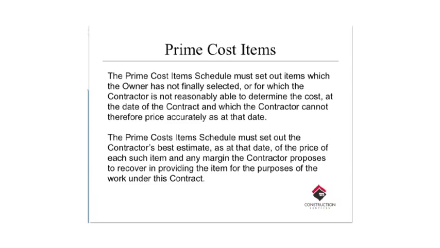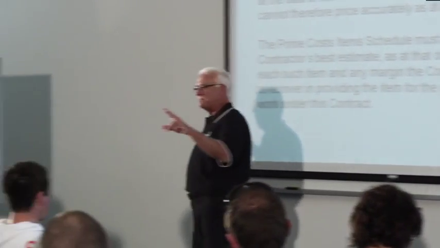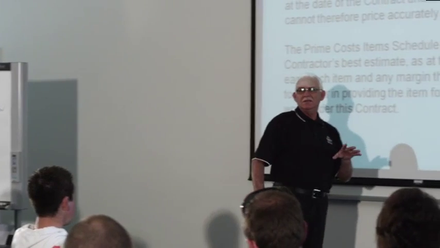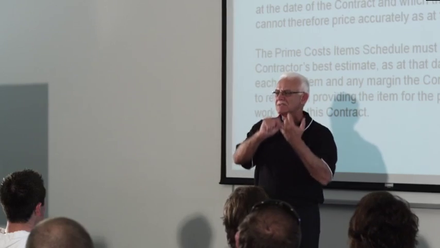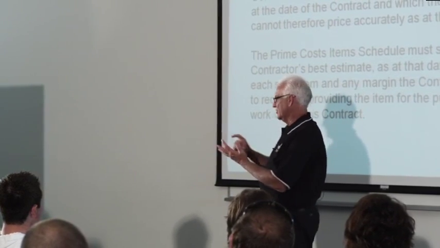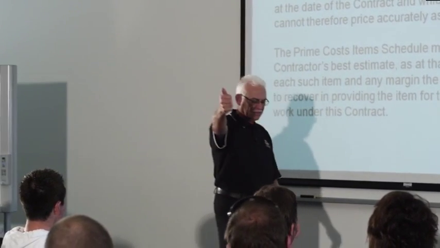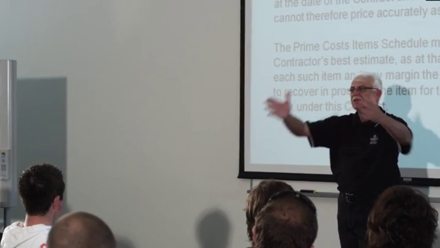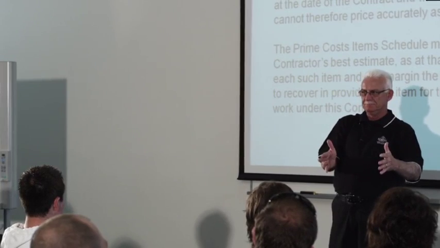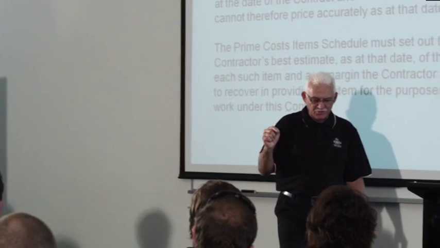The next one I want to talk about is the prime cost items and provisional sums. Two things that you can put into your contract regarding pricing. When you're doing a contract, you are obligated to price reasonably with the stuff that you know. All right, so you can get a quote from your electrician, so you know how much the electrical is going to be. You can get a quote from your plumber, so you know how much the plumbing is going to be. Or if you know all that, you've got to put it down in the contract. You can't simply put it down as PCs and PSs. What you can do, however,